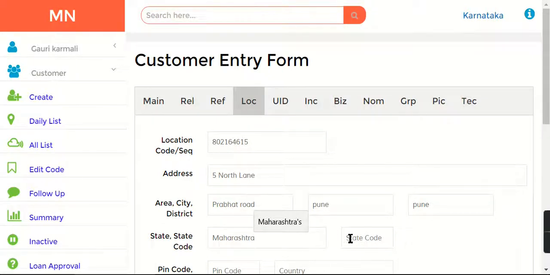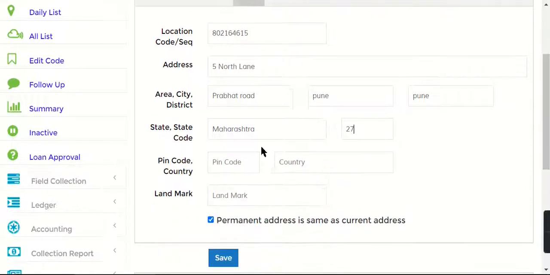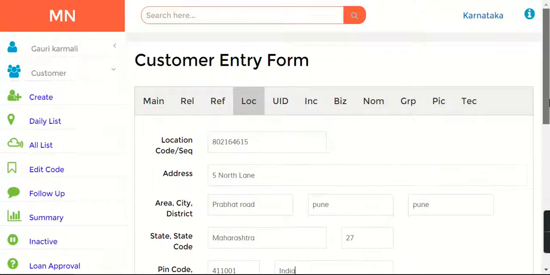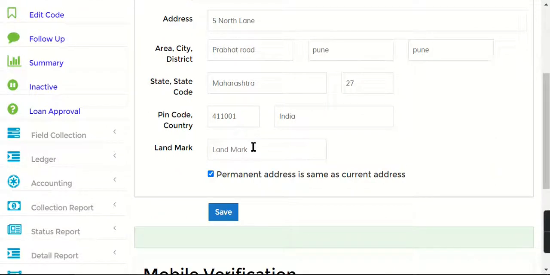Okay, and state code for Maharashtra is 27. Now you can also add pin code. Country will be India. If there's any landmark, like near, so I'm just saying near KMP.